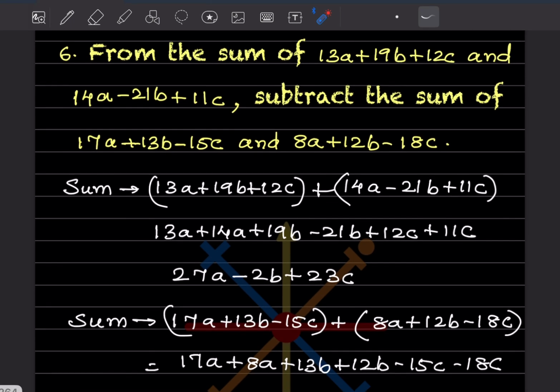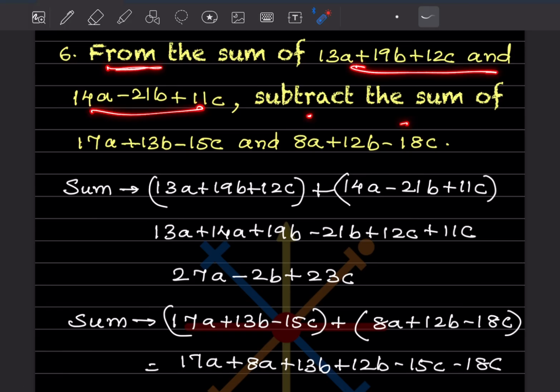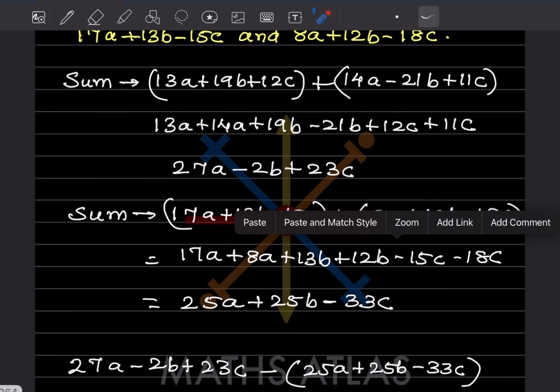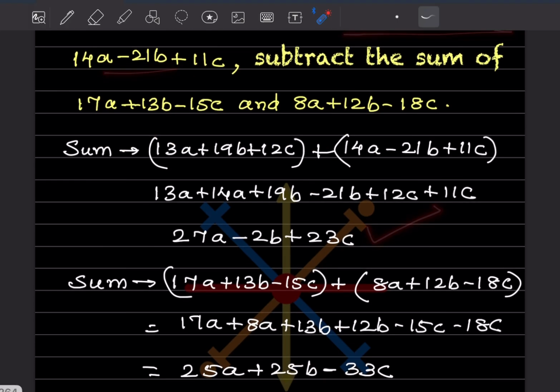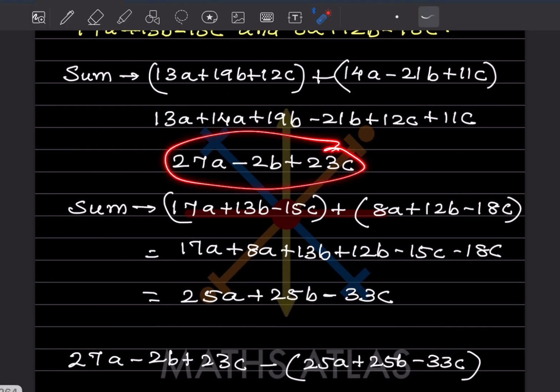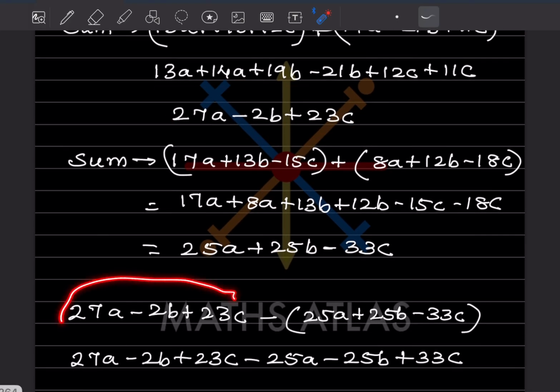Now it's easy. What we are going to do is subtract the sum of this one. They say we have to subtract the sum of this one. So what will you do? Whatever is there after "from", that is this part, because we have taken the sum of this one. So that will be this. So be careful with what is written in the statement here. This thing we are going to write first, and then you are going to subtract